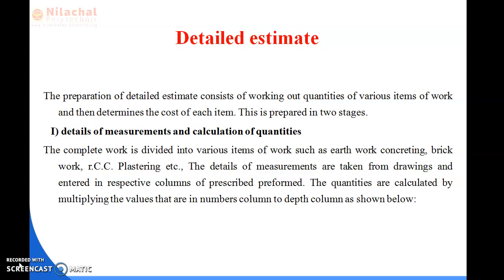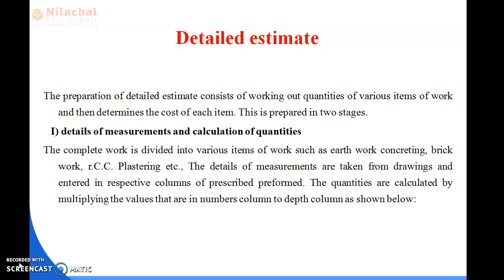The first one is the detail of measurement and calculation of quantities. The complete work is divided into various items of work such as earthwork, concreting, brickwork, RCC work, plastering, etc. We can consider painting also, woodwork also, windows work also.